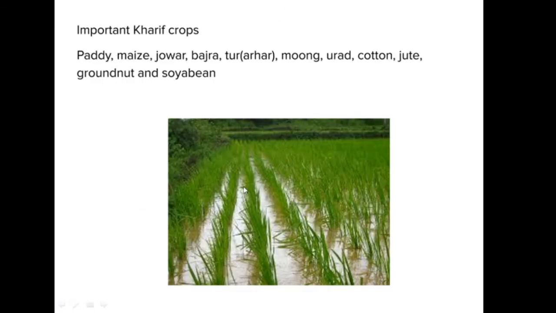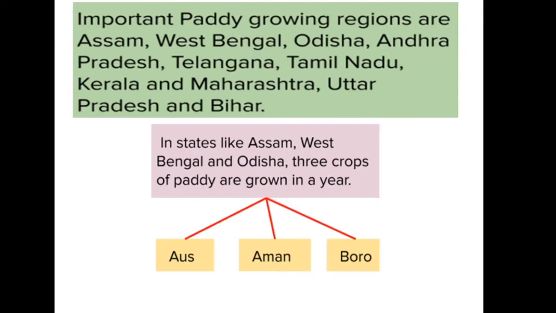Like you can see here the paddy, then we have maize, jowar, bajra, moong, urad, cotton, jute, groundnut, and soya bean. Moving further with another important thing, that is the regions in which the paddy crops are grown. Mainly in the south region it is grown. In the east part also it is grown. Like in Assam, West Bengal, Odisha, Andhra Pradesh, Telangana, Tamil Nadu. Mainly you can see here in the north part and east part, most of the kharif crops are mainly grown, like in West Bengal, Odisha, Andhra Pradesh, Telangana, Tamil Nadu, Kerala, Maharashtra, Uttar Pradesh,